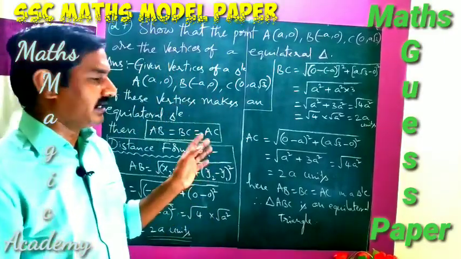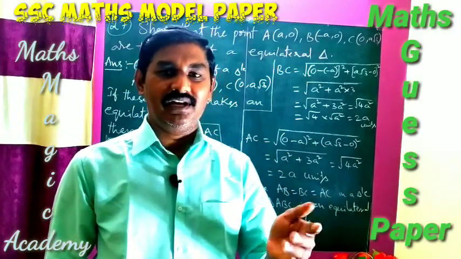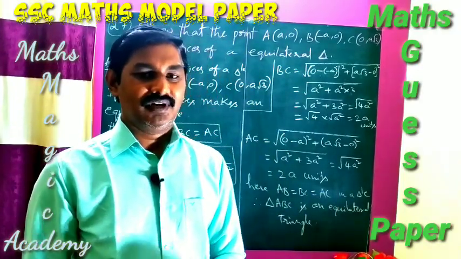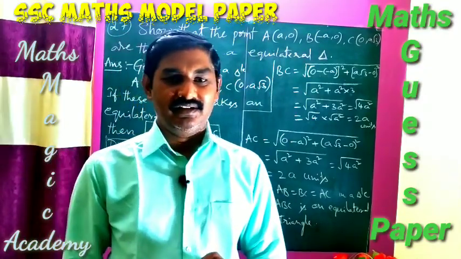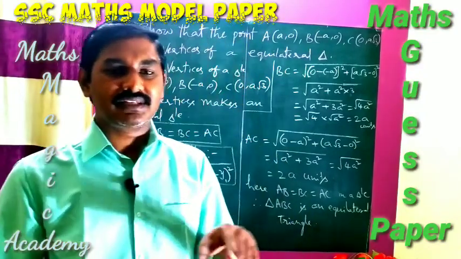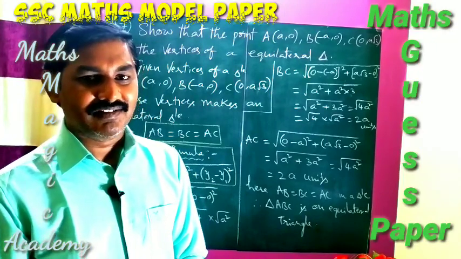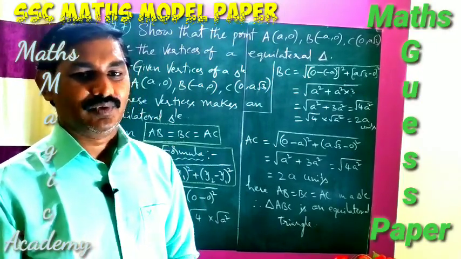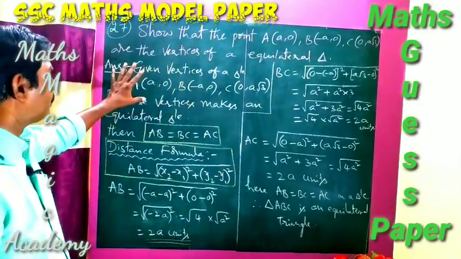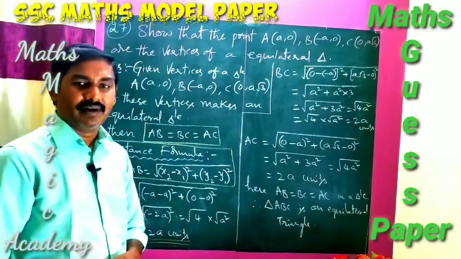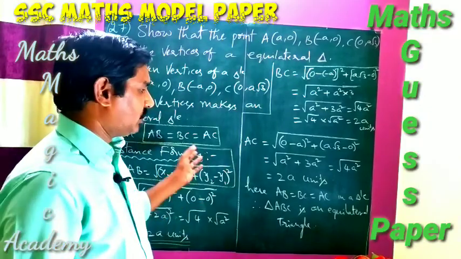When it comes to the square and rectangle, if it is a rectangle, then opposite sides are equal and diagonals are also equal. Opposite sides are equal, diagonals are equal. Then we can say that is a rectangle. And when it comes to the square, all the sides are equal and diagonals are equal. Then we can say that is a square. Like that, whatever the vertices is given and ask you to prove whether it is a particular diagram or not, you have to verify these rules and regulations and prove like this.